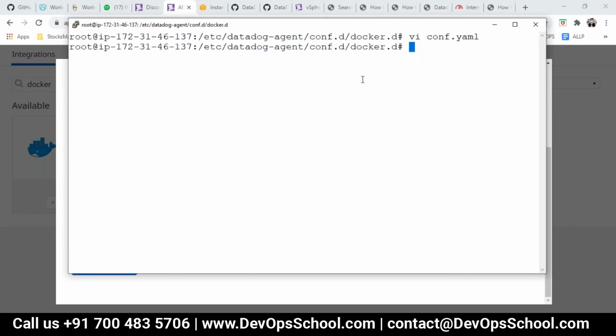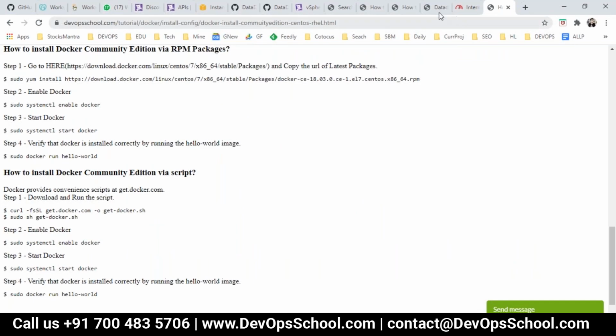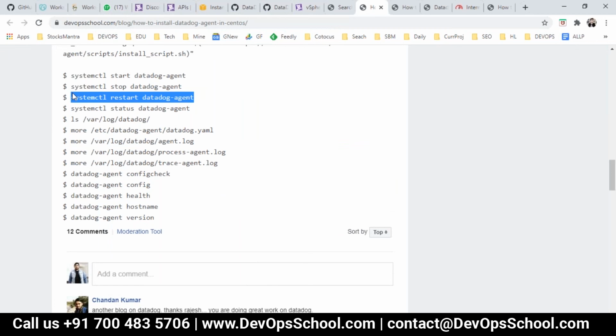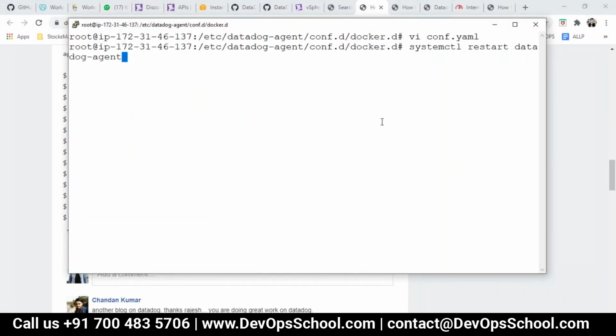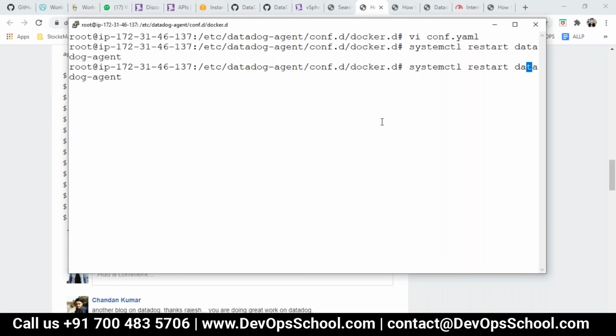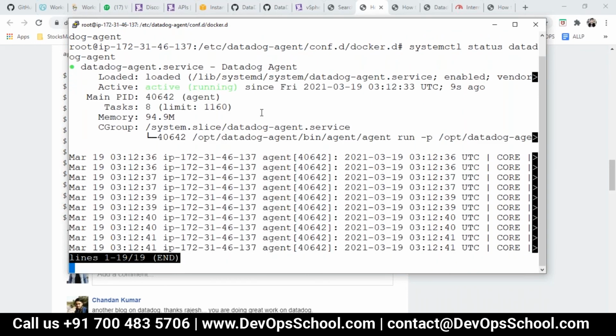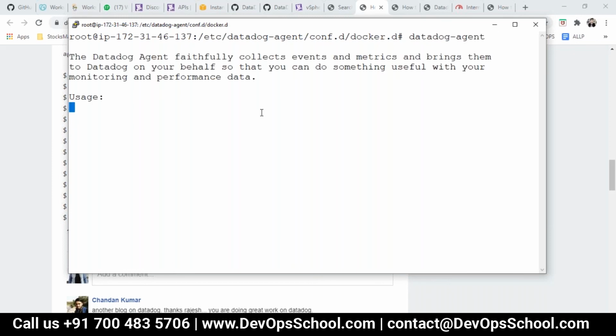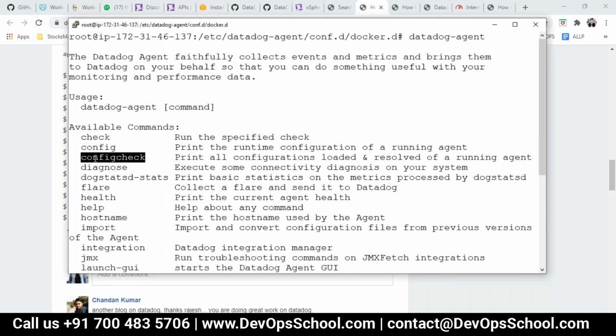And finally I'm going to restart this. For restarting, this is the command we have. Done. Can I see the status? Yes, Rani. One more thing, if you are not sure whether the configuration changes you made are good or not, you can do the config check.